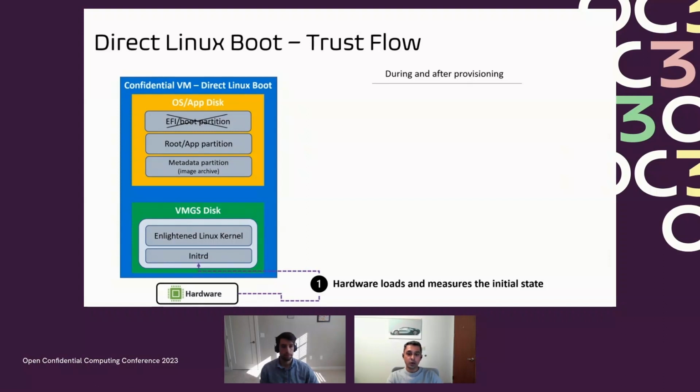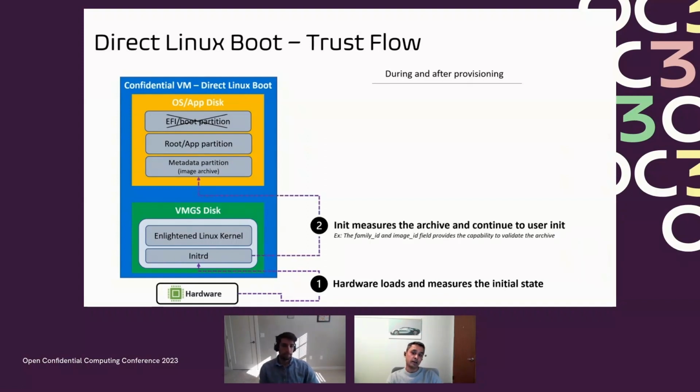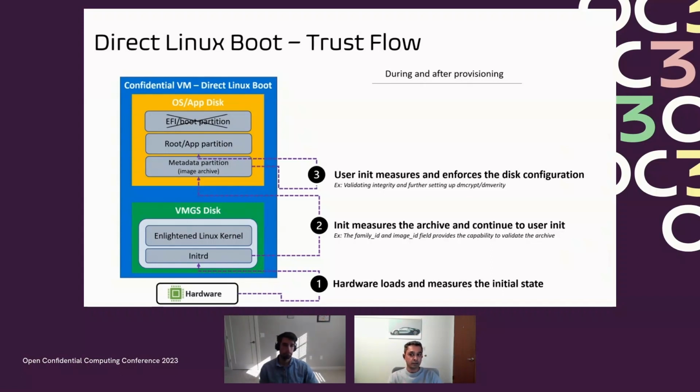Right? So hardware loads and measures the initial state, which is going to be the init and the kernel, and then the init script executes. It gets the digest from the ID block, and from that it can get the hash of the archive, so it knows it's going to talk to the right archive. Then it does all the basic stuff. It goes and mounts the partition, gets the archive, extracts the archive, and then it will reach out to the user init, which will further customize the boot as the user wants it to be customized. So it can do validation of integrity or other settings,